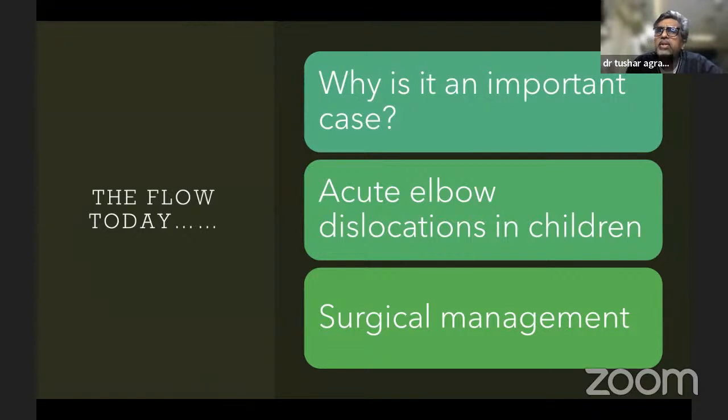As long as you're giving your exam in a developing nation, a case of missed elbow dislocation is a fair possibility. The second point is that most of the time we see elbow dislocations clinically in adults in our residency. But one must understand that though rare, it happens. An elbow dislocation is a distinct possibility in children, as we will see. And thirdly, there is a definite surgical management for all patients of neglected elbow dislocation. There are very clear-cut papers that every patient of a neglected elbow dislocation, when operated, is always better than if not operated. So there is a definite treatment.